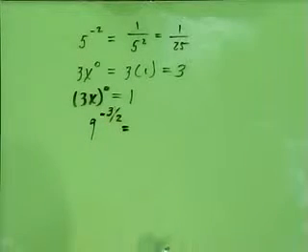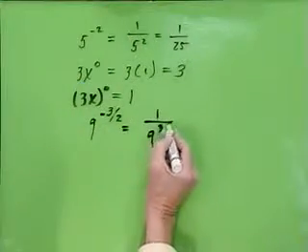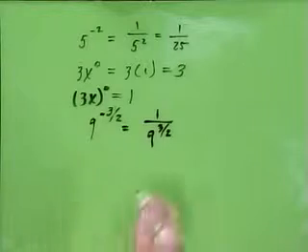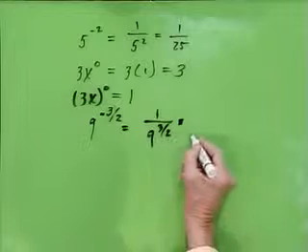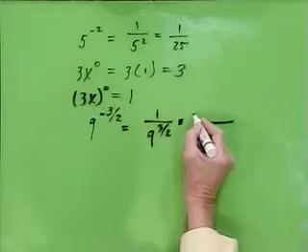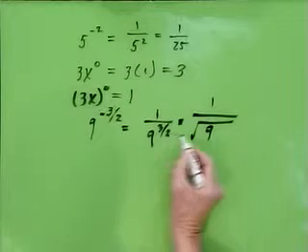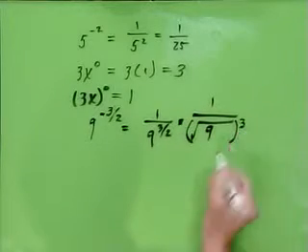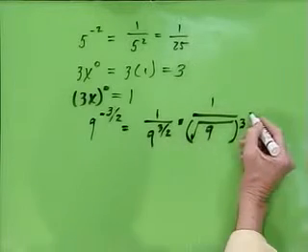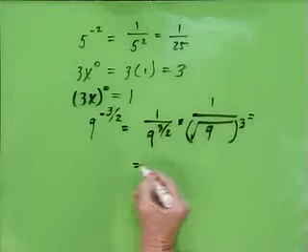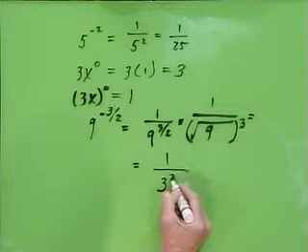Anyone who can explain not just what the answer is, but what this even means? Okay, I'll explain it. First of all, it's 1 over 9 to the 3/2 because we have a negative exponent. And then the 1/2 portion means take the square root of 9. But there's a 3 on that, so then I have to cube that answer. So the 1/2 portion of the fraction means take a square root, and the 3 means to cube it. So this is going to be, let's go down here, this is 1 over 3 cubed,